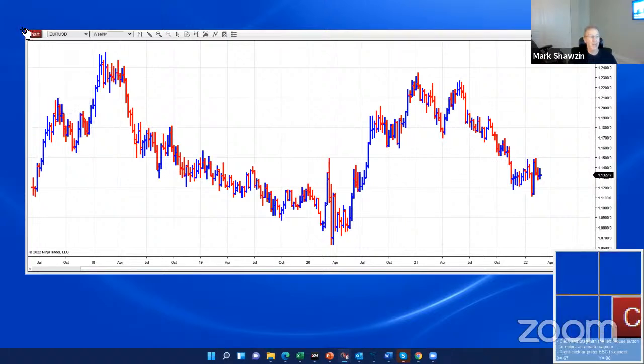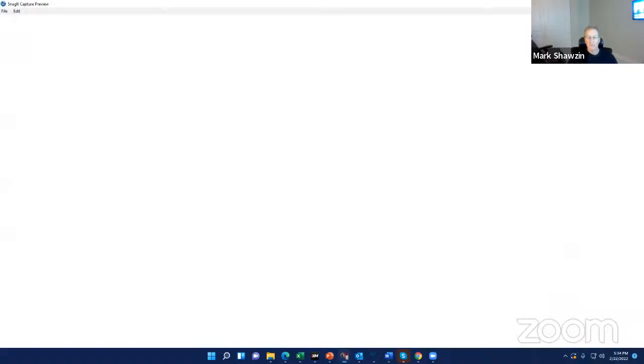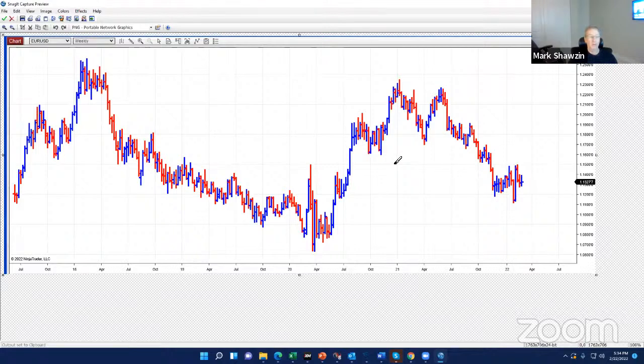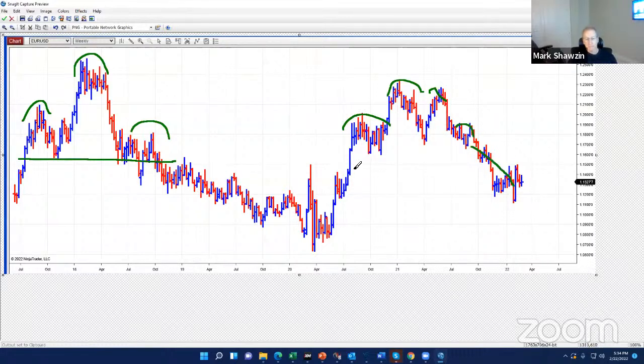So you can see this is the euro versus US dollar, and the patterns look very similar. In this time frame, you have a head and shoulders, and it broke. And now it's got a double top and a head and shoulders here, and then it broke. Where it goes from here, I don't know. This pattern tells you that this should go lower, and so then I start setting my expectation. This is where the market should be going. If it starts going the other way, then all kinds of red flags start going off in my head.